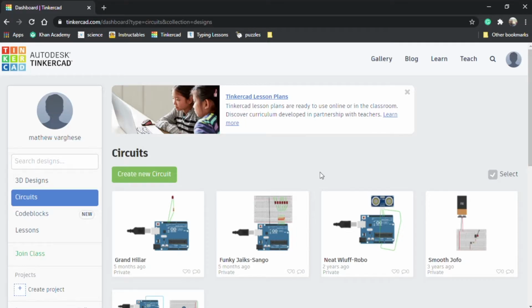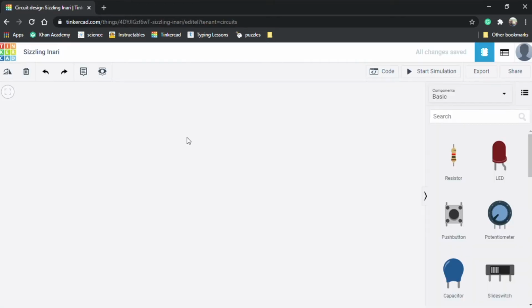So let's come back to my computer. As you can see, we are using the Tinkercad website, and I have talked about this website in my first video. In this Tinkercad website, we can create virtual Arduino projects. The first thing that we need to do is sign in to the Tinkercad website, or if you don't have an account, create an account and then sign in. Then click this Circuits tab, and this page appears. The first thing we need to do is create a new circuit. So let's click here. This is the page that appears when you click the create new circuit button.